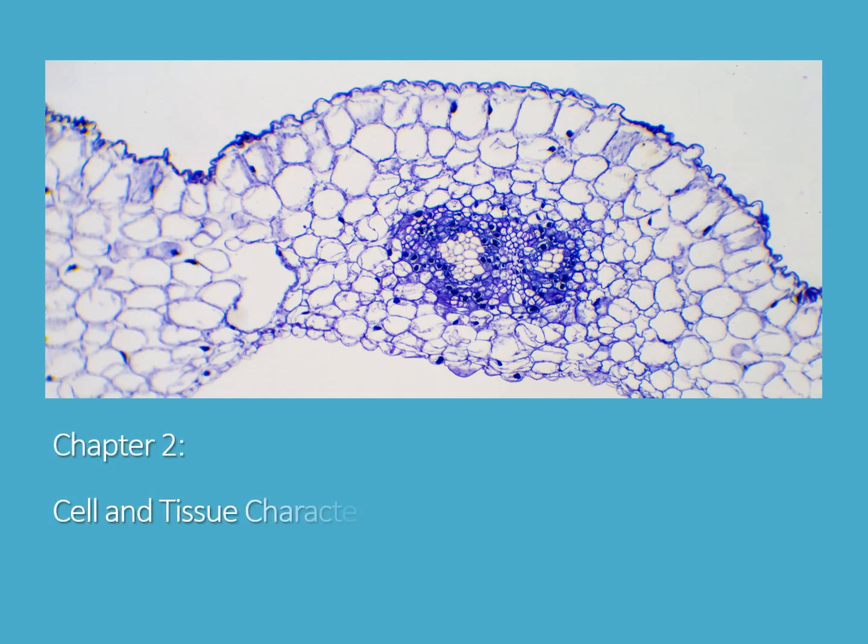This presentation is going to discuss the information from Chapter 2, which covers things like cell and tissue characteristics. As with all units, make sure that you review the unit learning outcomes. There are readings and information within the text that don't show up on the ULOs and that we're not going